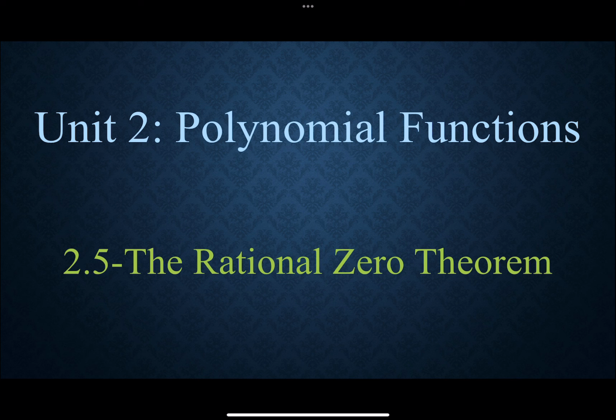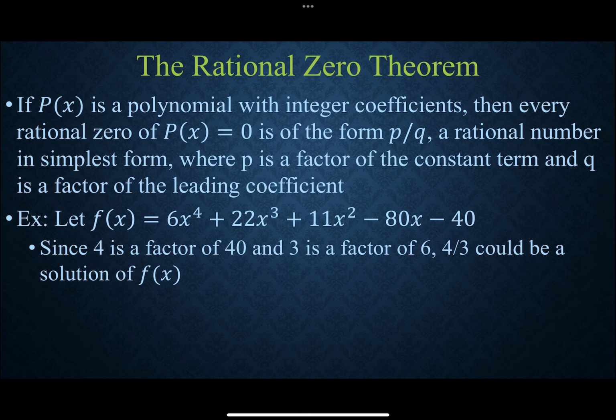All right, welcome back. So we're going to take a look at our last topic, Unit 2, the Rational Zero Theorem. And we're using this Rational Zero Theorem to solve our polynomial functions. So what the Rational Zero Theorem states is that if p of x is a polynomial function of integer coefficients,